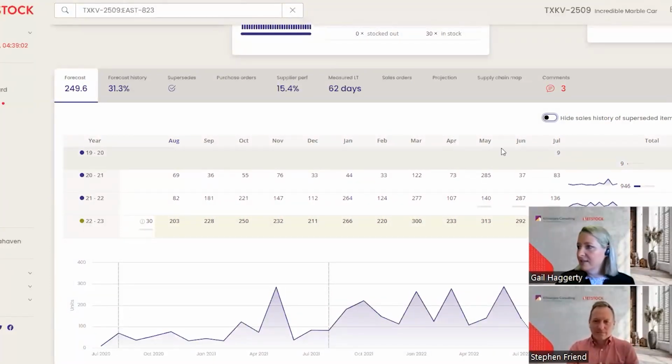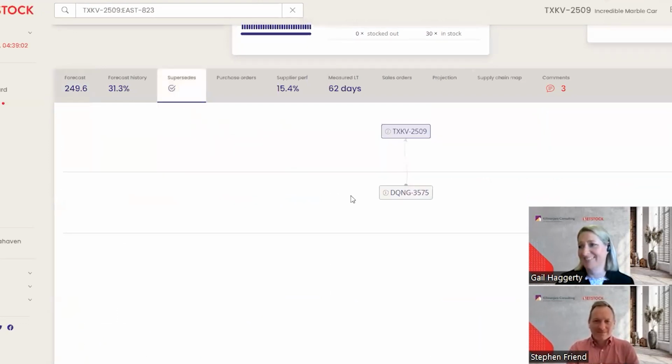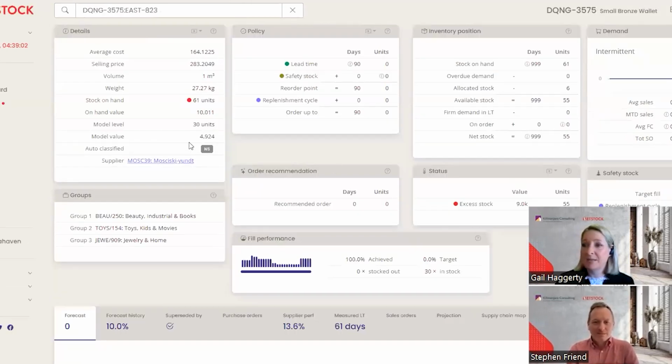And that's because the rest of the history actually belongs to the other item. And I can see that other item here, where I was before. So let's open this one up. This is the old product. This has now been made non-stocked. You can choose to make it obsolete, so you would never reorder this one if you want to. It is still showing stock on hand, so we have chosen not to push that stock. So it's not a direct replacement, but it's a like item in this circumstance.